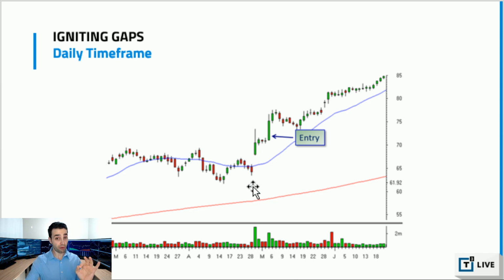First, if it's a professional gap up, it will always gap from the area of the 20 MA, which is the blue line that you see on the chart. Again, notice how the day before the stock gapped, it was trading at or near the 20 MA. That's number one. Number two, if it's a professional gap up, it will always gap to resistance or just above it, basically clearing resistance. Notice how it gapped to resistance, and then on the day of the gap, it cleared